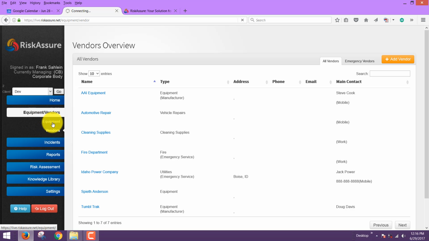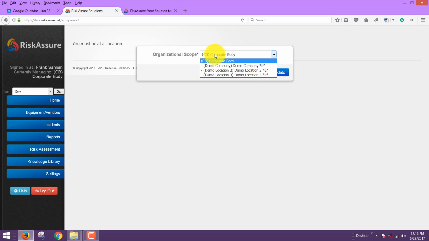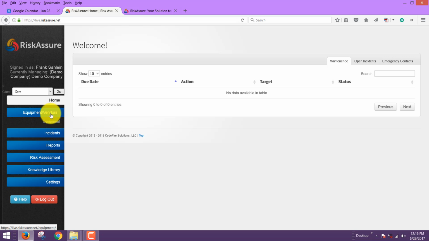But to get to the heart of it, the first thing is to list all of your equipment. And you'll notice here it says you must be at a location right here. What that means is if you've got 3 locations, you click on this currently managing and it will give you the location. We'll use the first location here and update that. And now, if we go into our equipment,